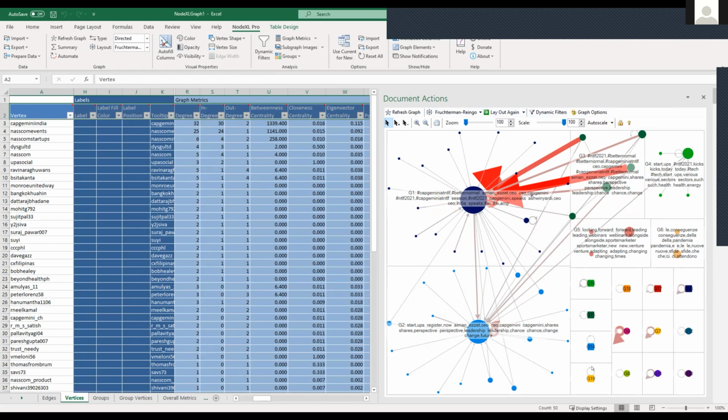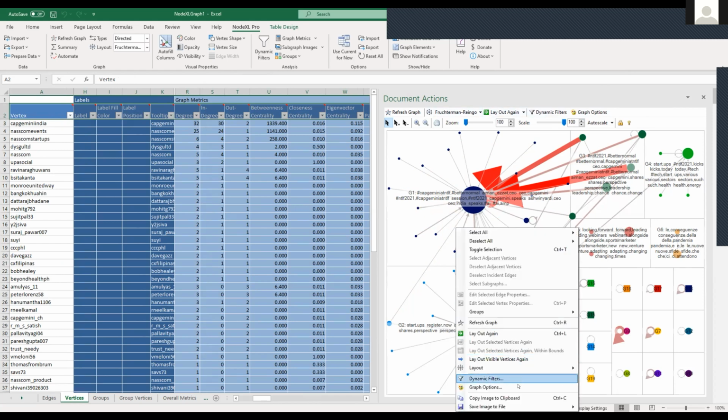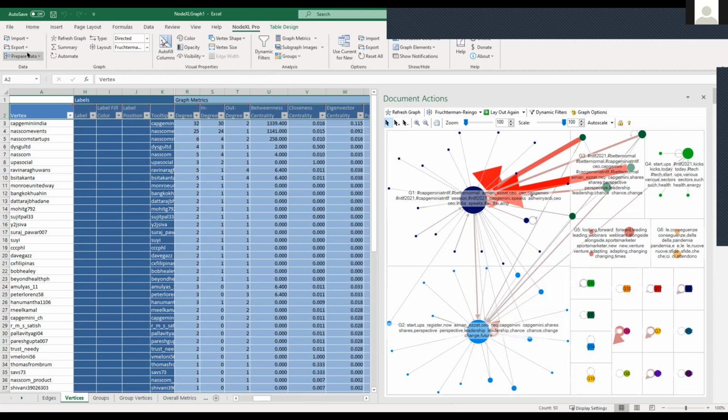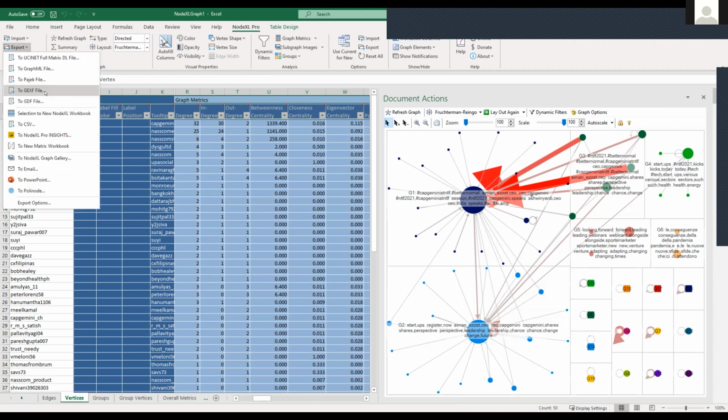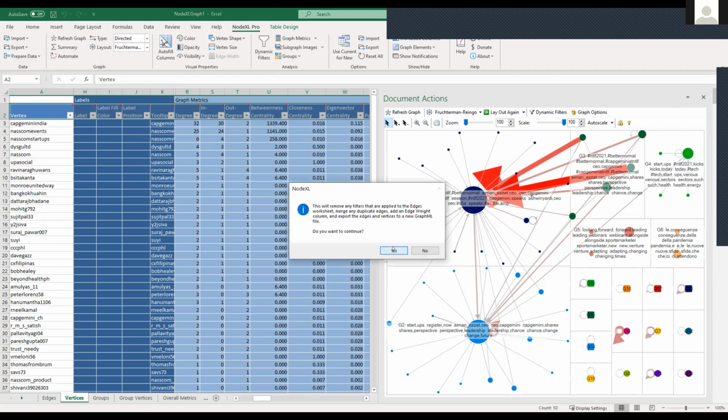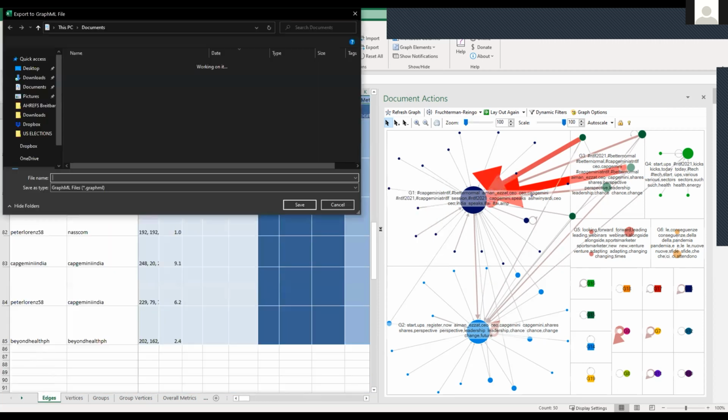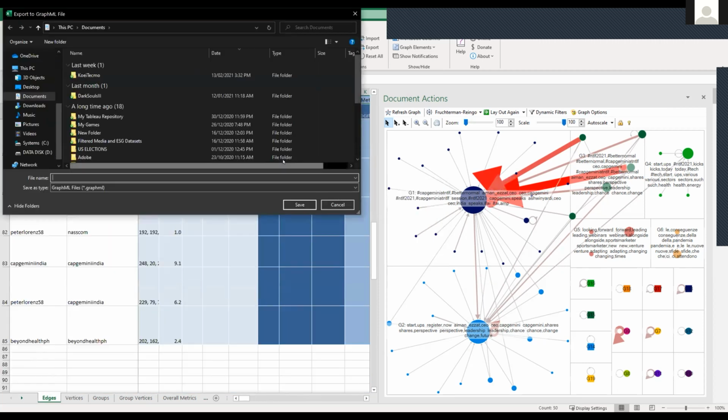Then after this, you can save this file, you can copy it, and this is very important: you can also export a file that you'll open in the other program. You can export either the GML file or the GEXF file. Maybe I'll do that right now so it's included in the recording. NodeXL.